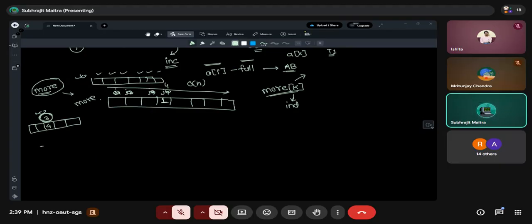Now, if a type 1 operation comes and tells me that at index 3 you increment a value, so this becomes 5. Now index 3 has 5 blocks. What I need to do in the more vector is, in more of 5, do a plus plus. Why?